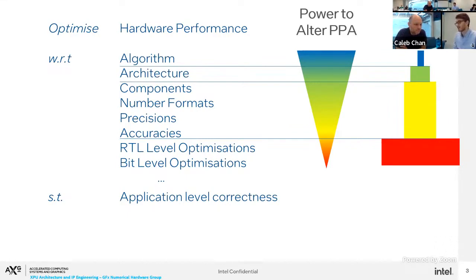And the reality of hardware design is that the pyramid is completely inverted with respect to how quickly we make changes. Bit level changes happen super fast. We change our logic synthesis algorithm, change the components there, and this happens really fast. But then the algorithmic changes happen way slower because it has so many massive